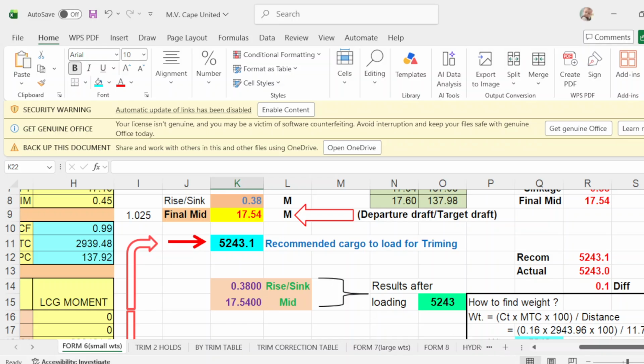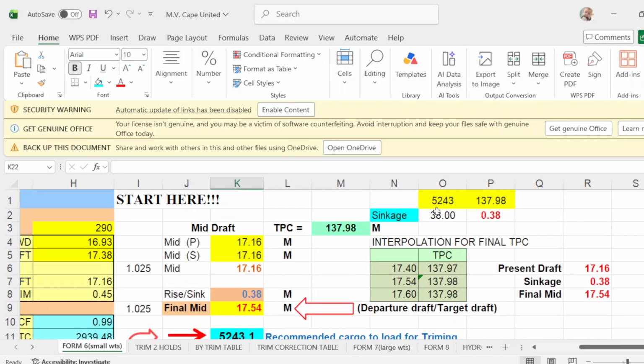Okay, so put here 5243, divide it with your TPC of 13798, and your sinkage will be 38. This will be your TPC.